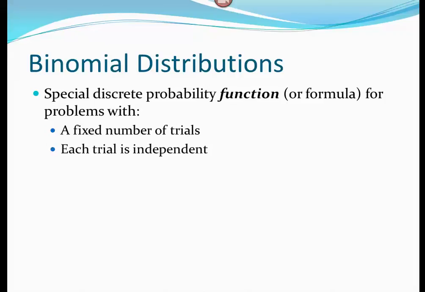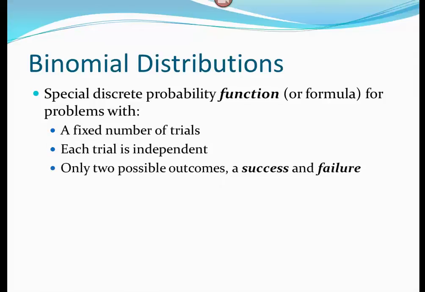Number two, our trials have to be independent, meaning the probabilities are not changing as we move from trial to trial. And we can only have two possible outcomes, not four, not six, but two. Usually we deem one outcome a success and the second one we deem as a failure. We usually label the success as P and then the failure would be its complement or 1 minus P. So if my probability of success is 60%, 1 minus 0.6 would be 0.4, so we have a 40% probability